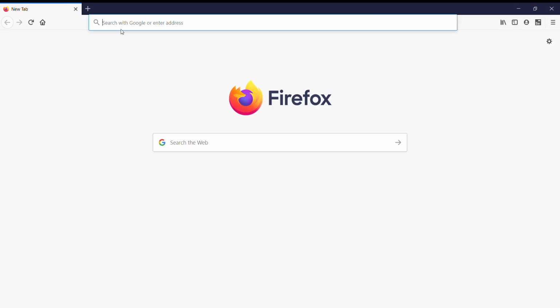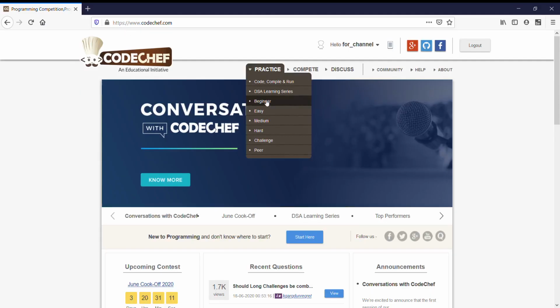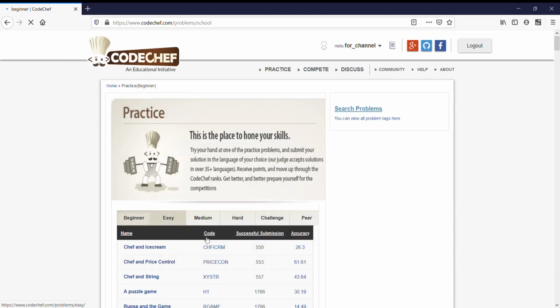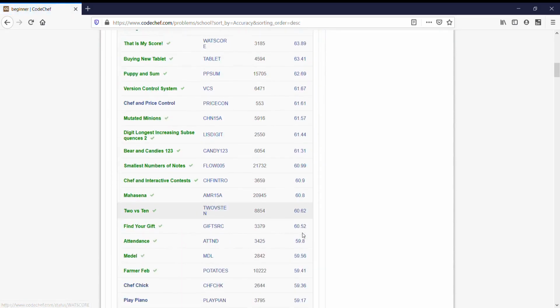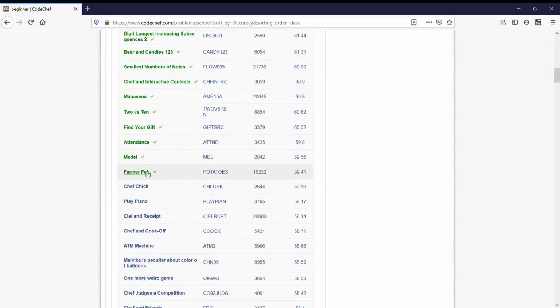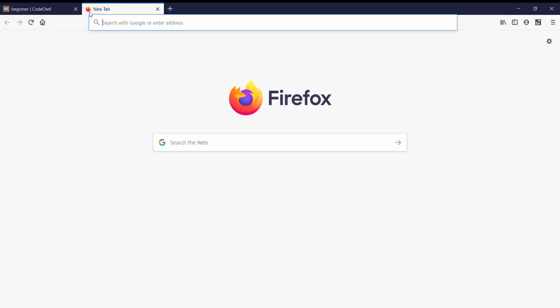Hello everyone. Today we will be solving one problem in two approaches. Open CodeChef.com, open the beginner section in practice, sort by accuracy in descending order, go down. Till now we have done with formal fact. Let us do a new problem: Chef trick. So copy the problem code, open CodeChef IDE,